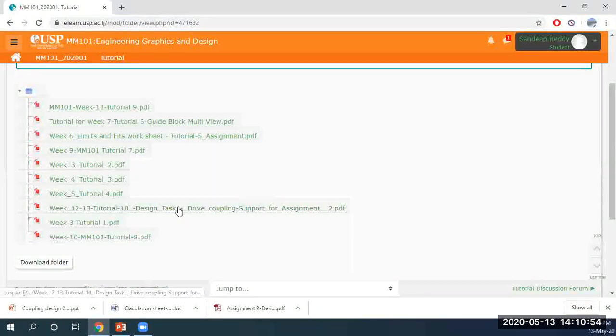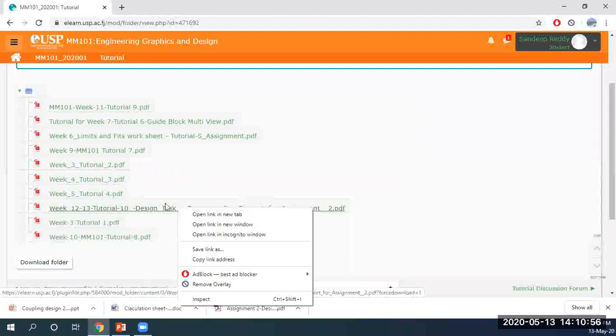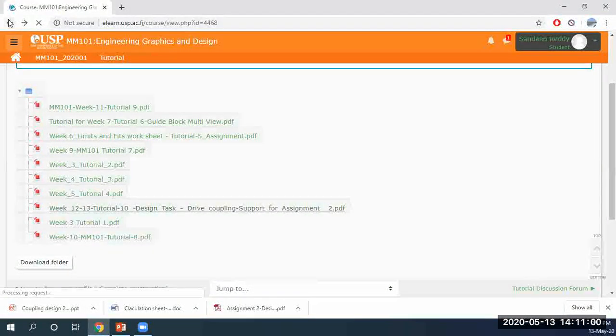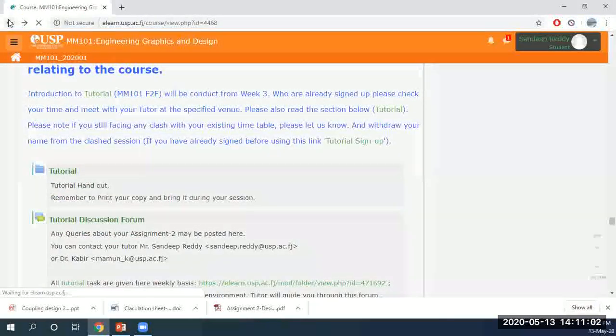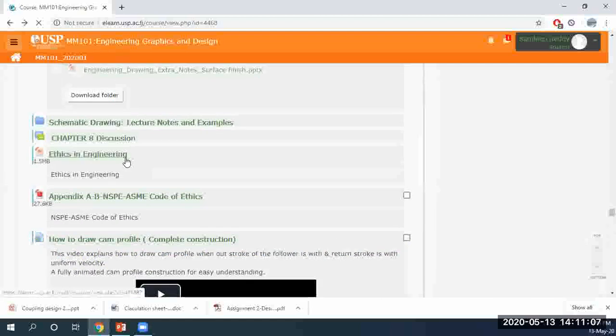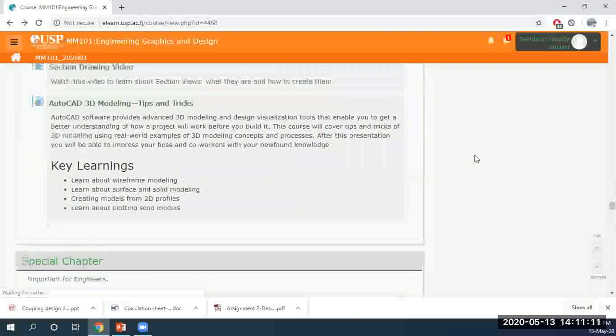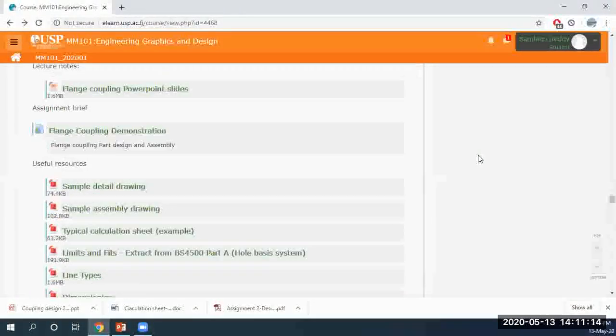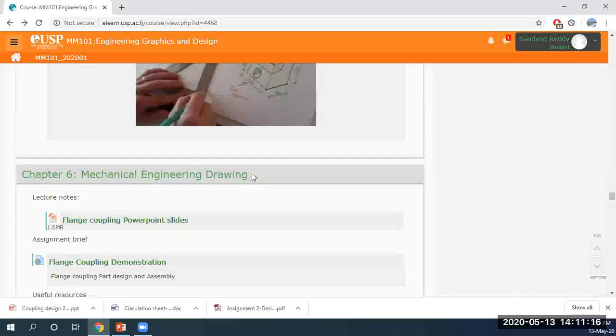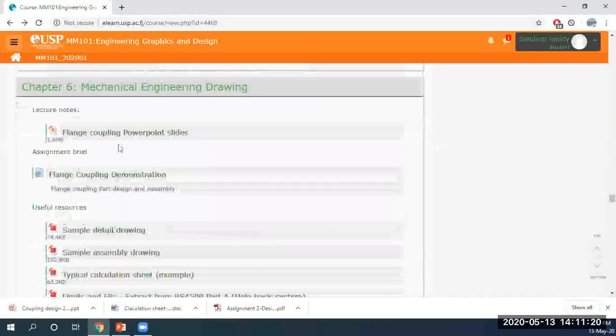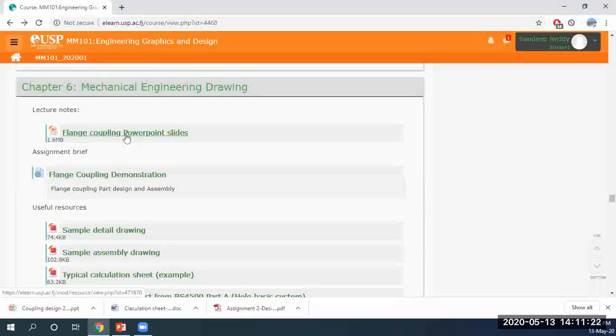All right, so if you want, you can download this and save a copy. To really help you with your assignment, it is very much directly related. You have PowerPoint notes prepared by one of our former lecturers, Dr. David Etchison. You will find this under chapter 6, mechanical engineering drawings. If you click on the lecture notes, the flange coupling PowerPoint slides go through the step-by-step